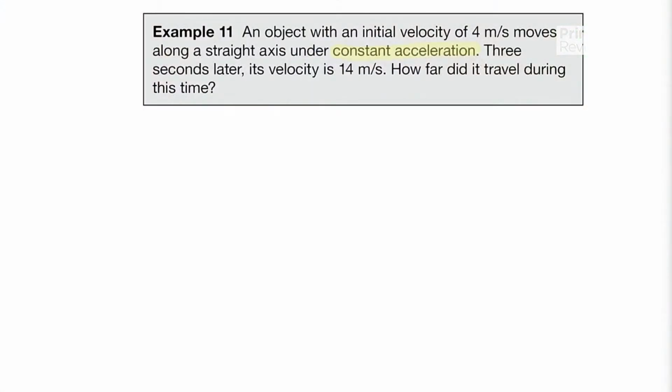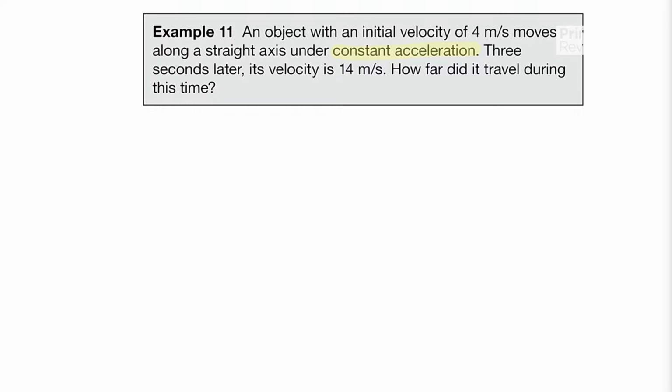So with this example, it says an object with an initial velocity of 4 meters per second moves along a straight axis under constant acceleration. So there you go. There's that reference that, hey, the big 5 could help out here. It says 3 seconds later, its velocity is 14 meters per second. And the question asks, how far did it travel during that time? Well, knowing that